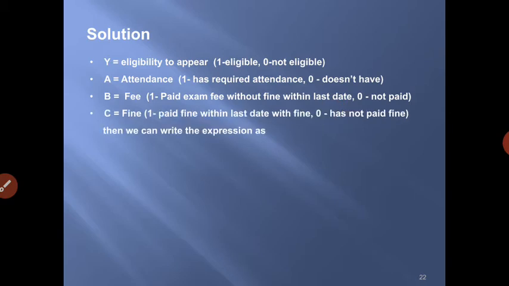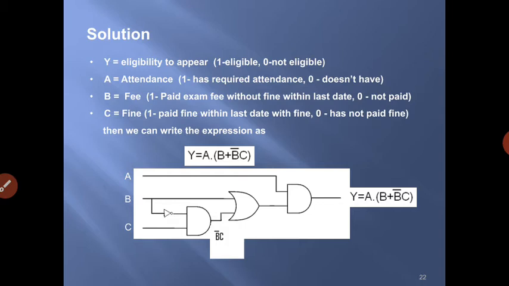Next, considering the third variable, that is c, which is the fee paid with fine. If c is equal to 1, then he paid the fine, and c equal to 0 means he has not paid the fine. Okay, so then we can write the expression like this: y is equal to a into